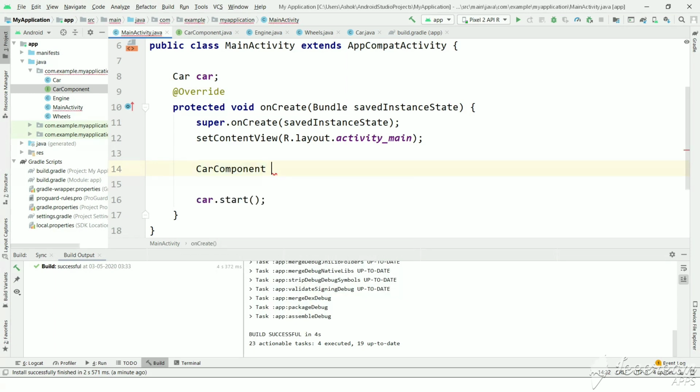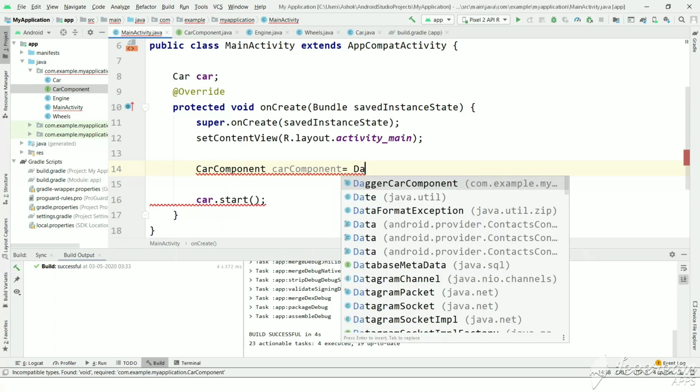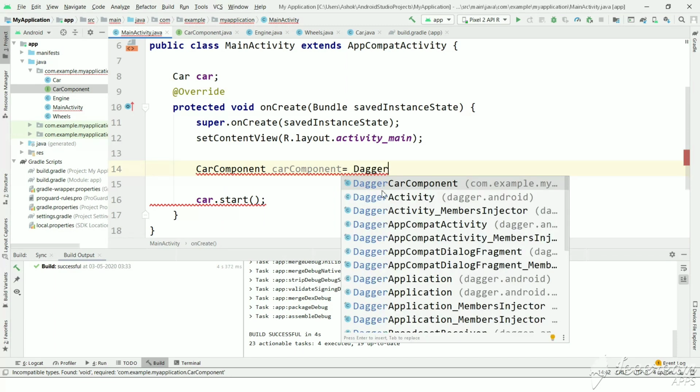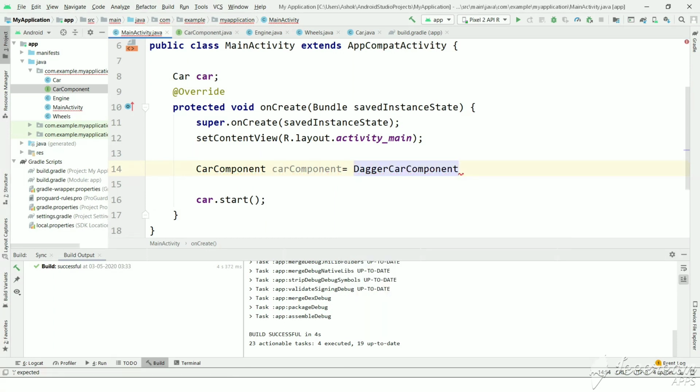CarComponent equal to, as I said, internally it will create a DaggerCarComponent. We have not created this class; because we have marked CarComponent with the @Component annotation, it will create DaggerCarComponent. It will prefix Dagger and we can just create it.